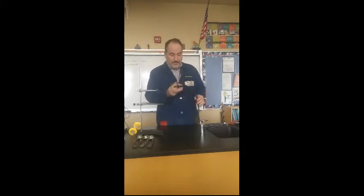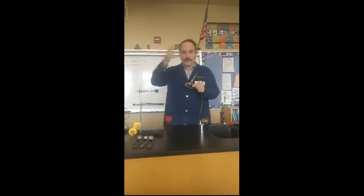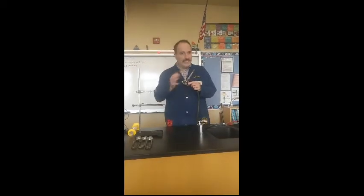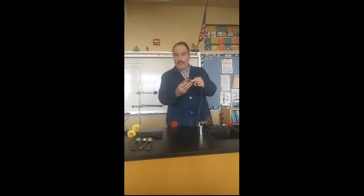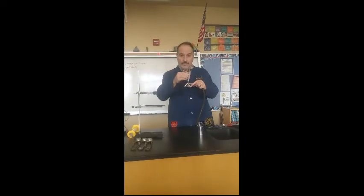All right? And basically what this does is it combines gas from the table valves and oxygen from the air, and by mixing it together in just the right proportions, it can produce a very, very hot flame. All right? Now, real quickly, the different parts of it, you have the base, you have the barrel, and you